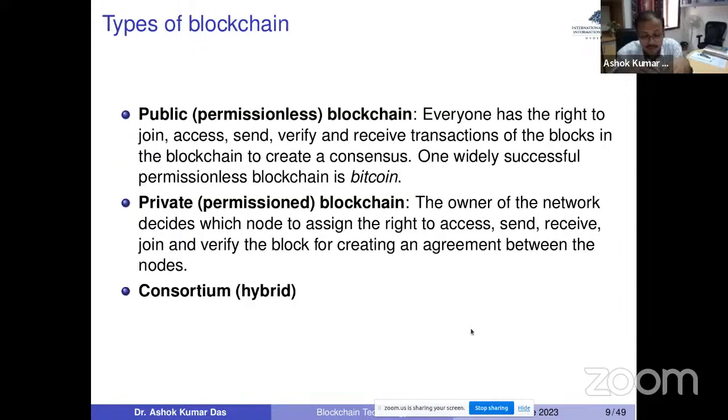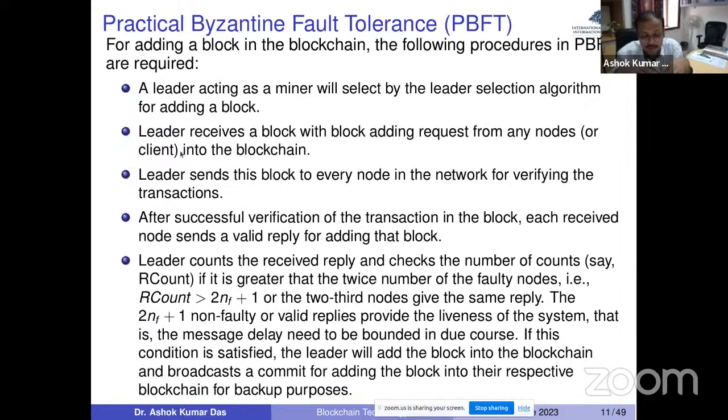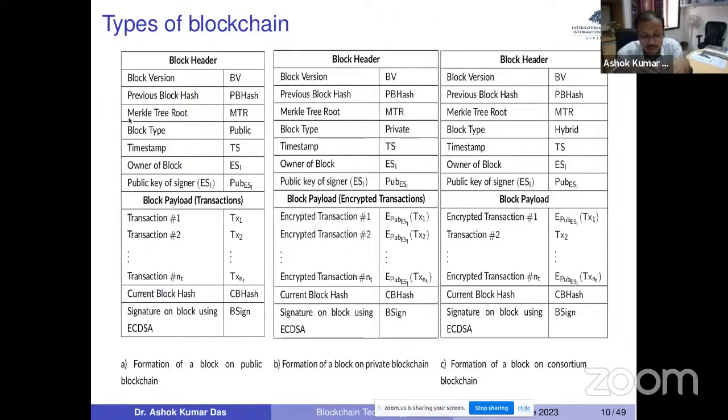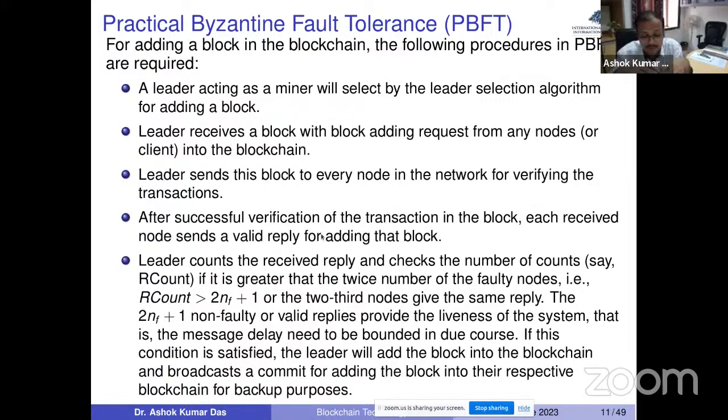So in that sense, all other nodes will receive the block. Then the peer nodes will verify the transactions inside the blocks. They will use the Merkle root verification, do the current block verification, and verify the signatures. If all verifications are valid, then the peer nodes will treat that block as a valid block.